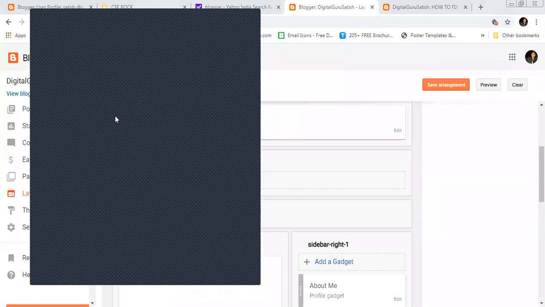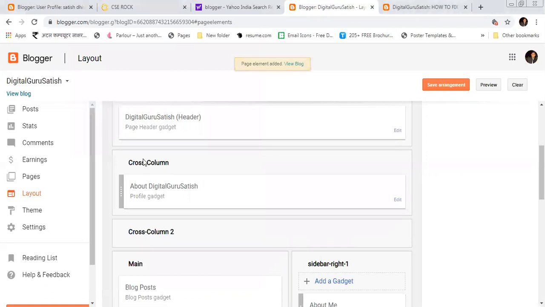And you can paste any photo here if you want, and you can also choose show location, show about me. Click on the save button. So with the help of this, you can change. First you need to save the arrangement.